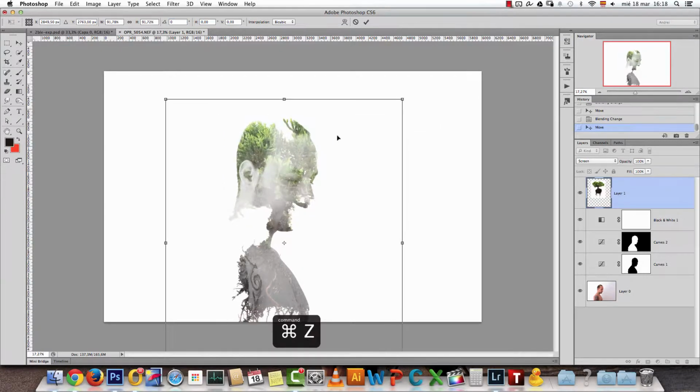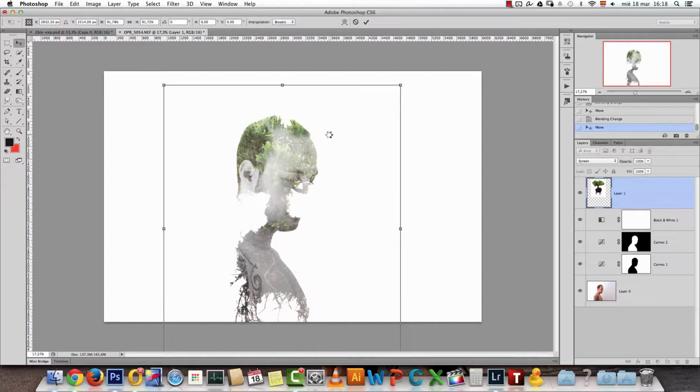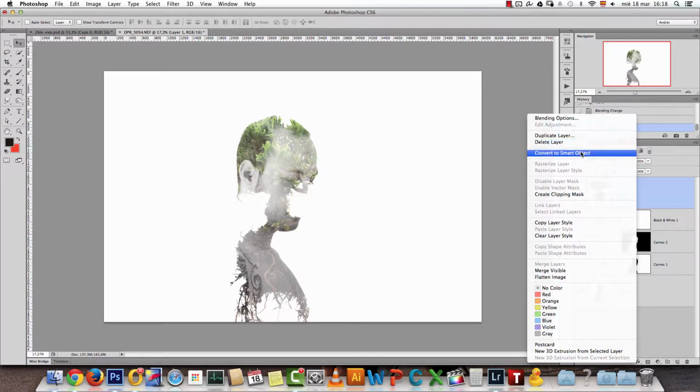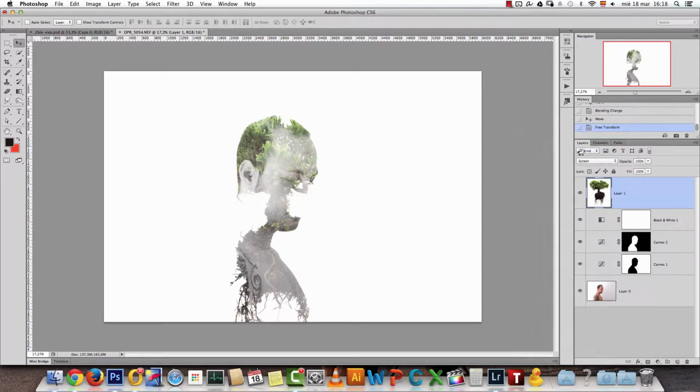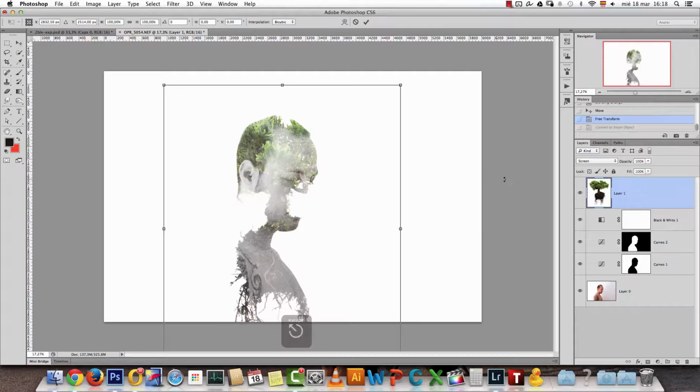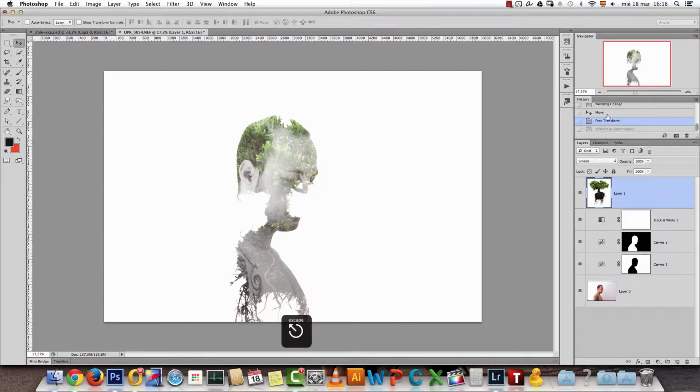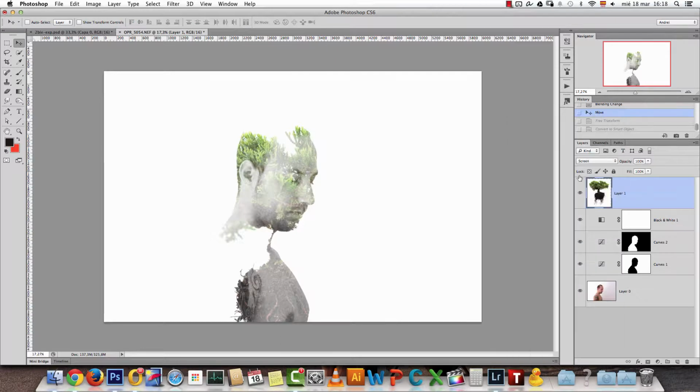First, let's make it just slightly smaller. And now I will convert this into a smart object. And then let's wait for it to be open. Actually, let's convert it into a smart object before we make it smaller. Convert to smart object, and now I will open this.